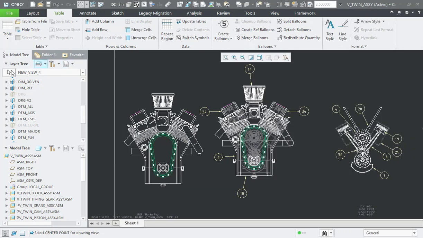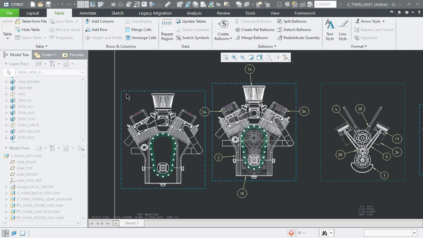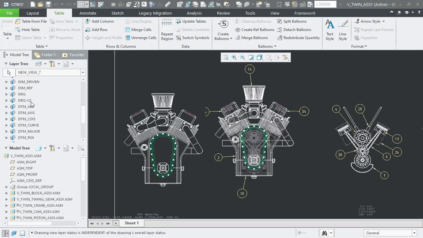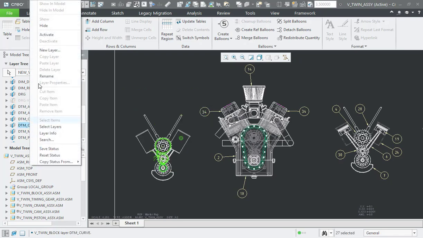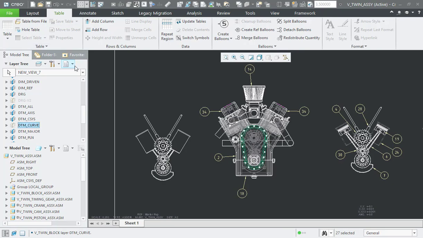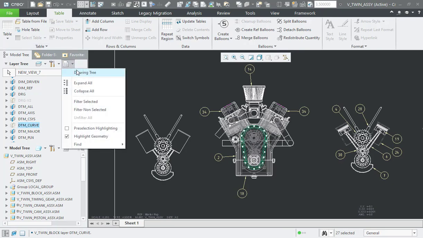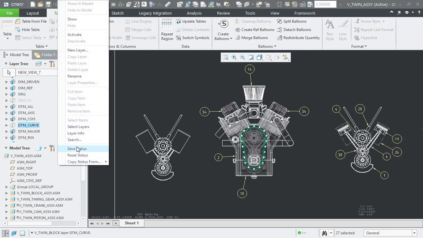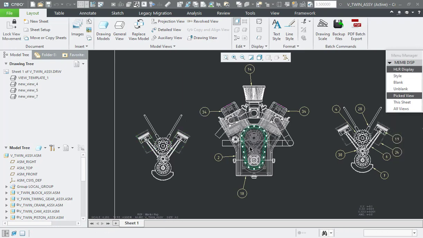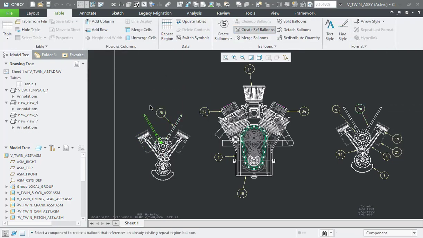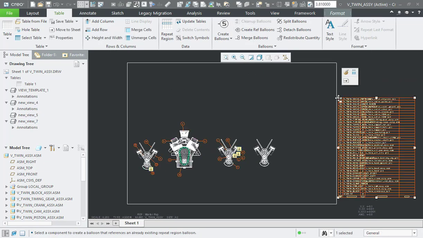Since the component visibility is view specific, I will pick the view and hide the created layer. It will hide the components as we wanted, but this applies to the current view selection and no other views are affected due to this. Vice versa, by unhiding this layer, we can unhide the components at any time for any cross verification. Note that after hiding the layer, do not forget to save the layer status. Now we can place the balloons from the master BOM table since this view is based on the master wrap.